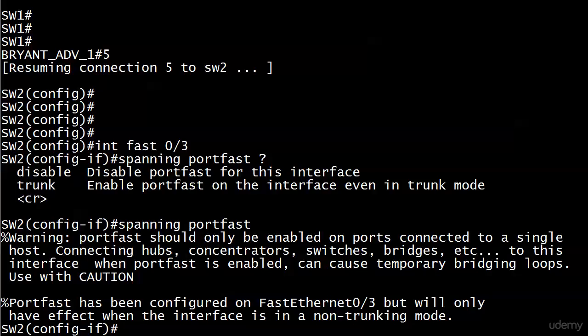And we should take a look at this if it's that long. PortFast should only be enabled on ports connected to a single host, connecting hubs, concentrators, switches, bridges, etc. I love the etc. To this interface, when PortFast enabled, can cause temporary bridging loops. Use with caution. And it's also going to tell you that PortFast has been configured on this port, but it